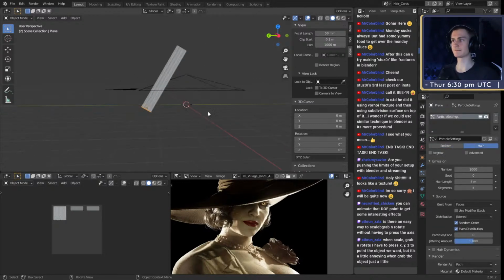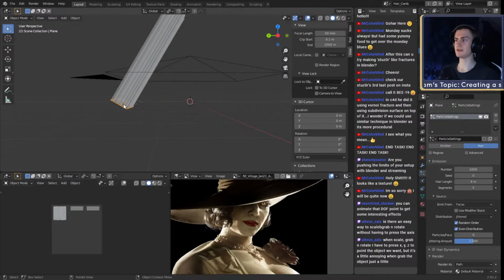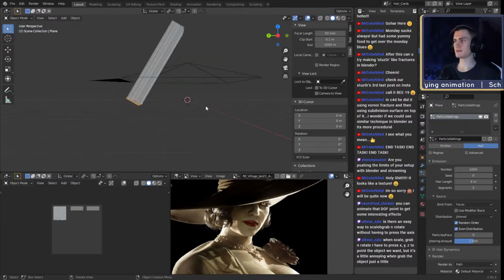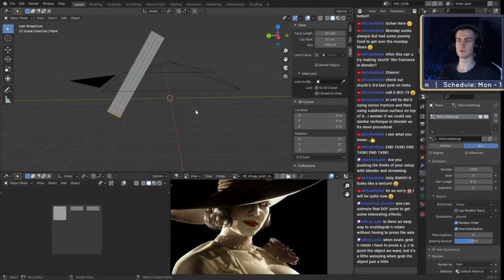The only problem, the downside to using a tilted or rotated plane is with vertical planes, the hair is always going straight, like on the y-axis, which is what we want.